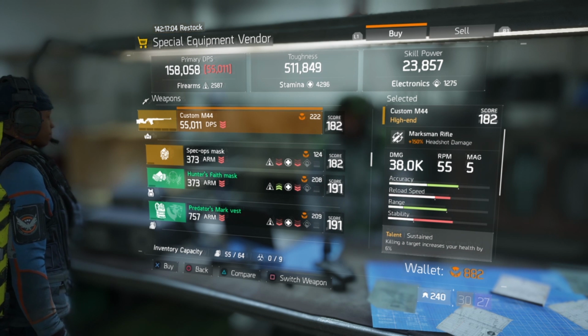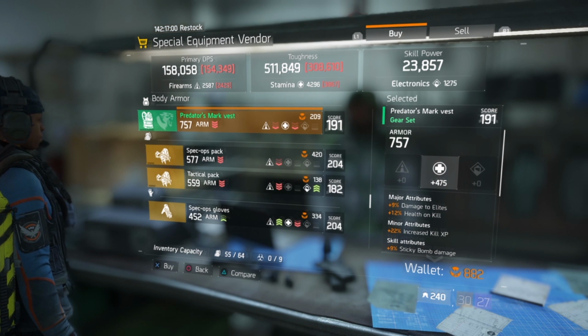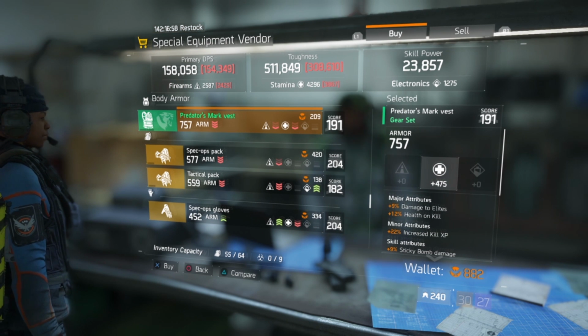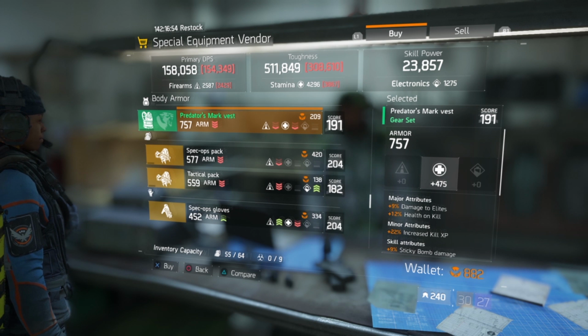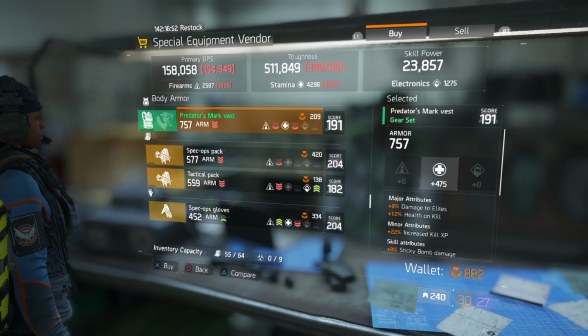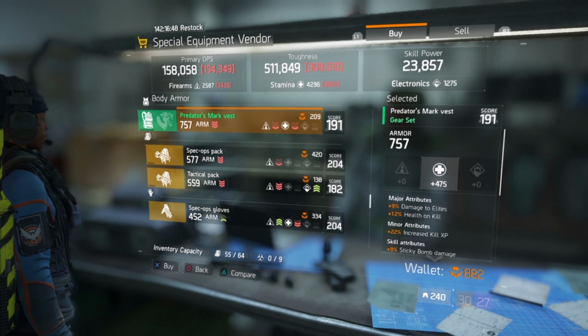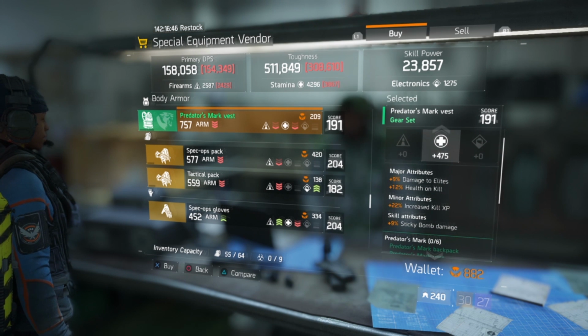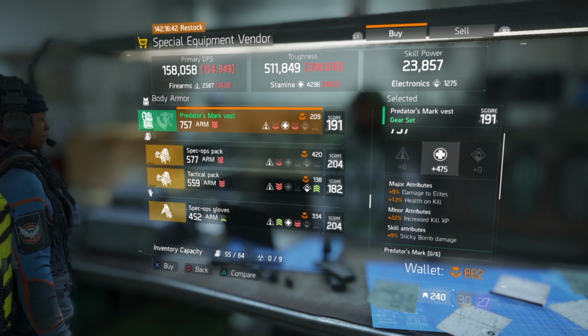Now in terms of gear that you may want to get, the Predator's Mark vest is pretty much the best that's going on at this vendor. You get damage to elites, health on kill, kill XP, which is going to be very good once the 1.4 patch comes out, and you get sticky bomb damage. Now if sticky bomb isn't your thing, you could re-roll that and you get a nice chunky piece of health